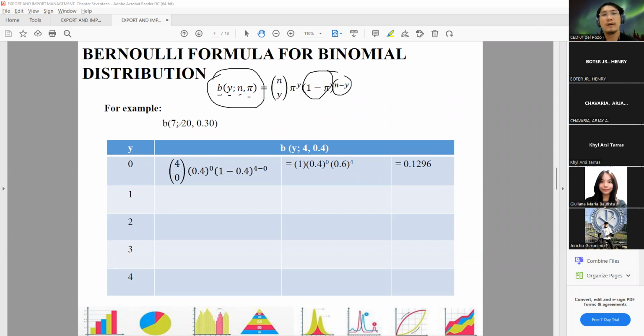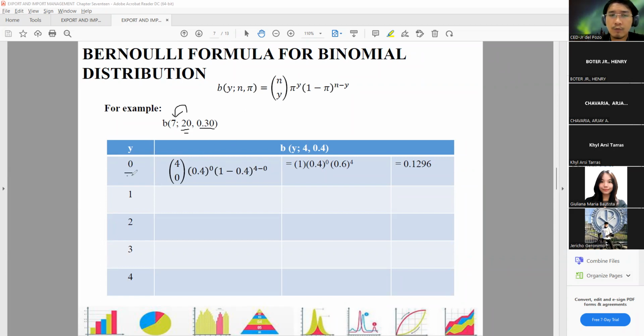So for example, if you have 7, 20, and 0.3. So meaning out of the 20 sample, we want to find out what is the probability of having 7 at 0.3 probability of success. So nakuha nyo ba yung sinabi ko? We have 20 sample, and out of 20 sample, we want to find out what is the probability of having 7 out of the 20 for a probability of success na 0.3. Okay, having said that,